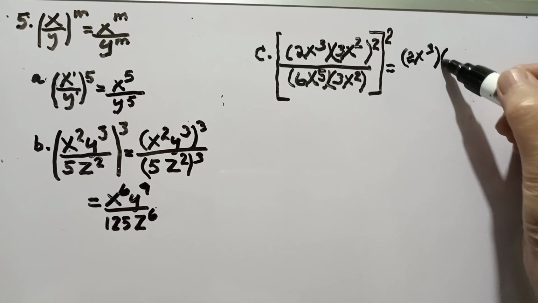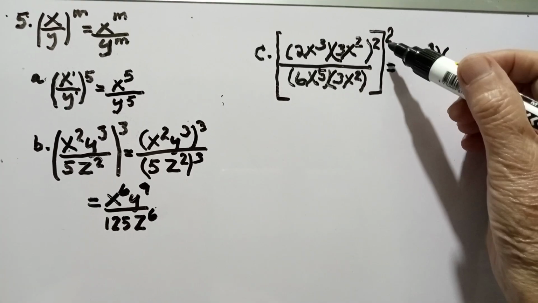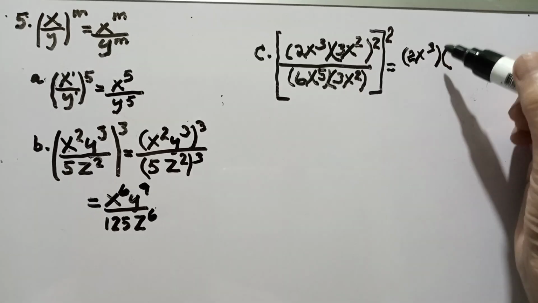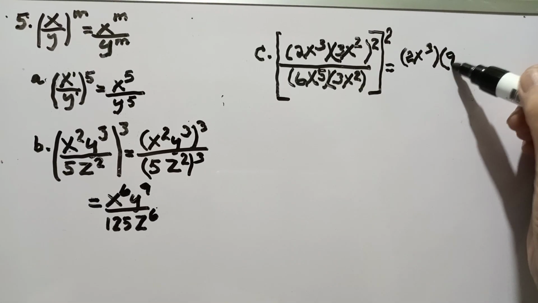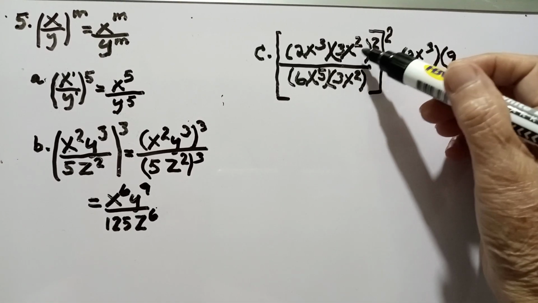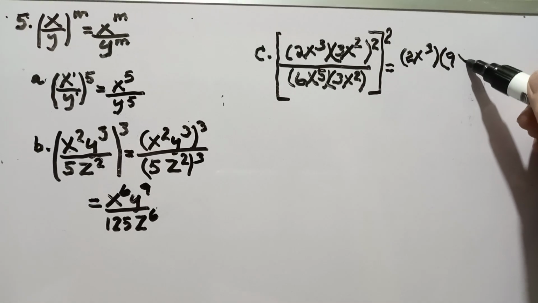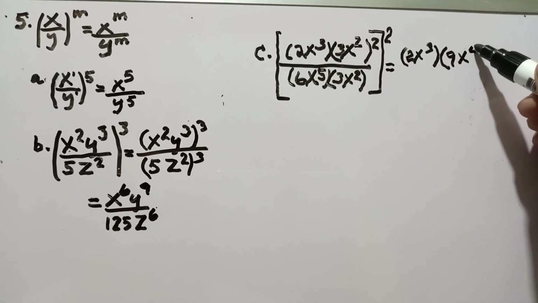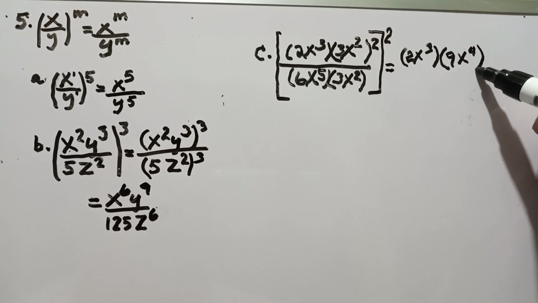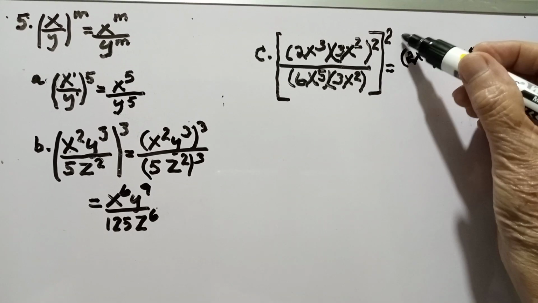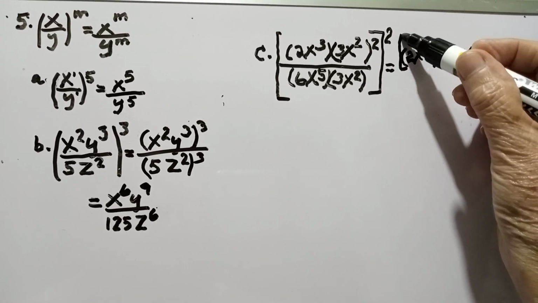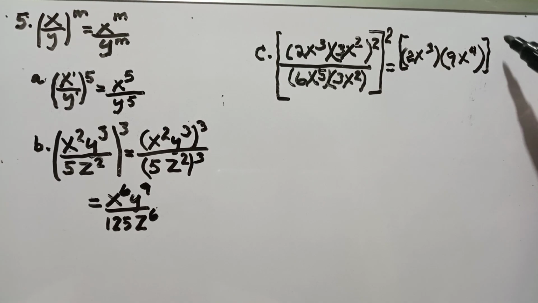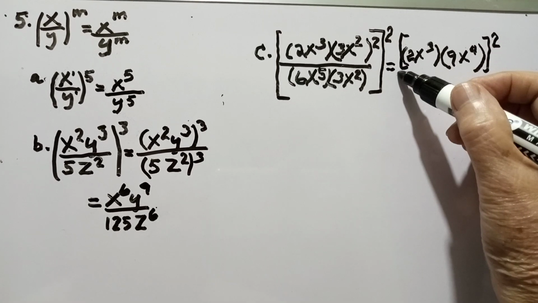So this is 3x squared, so 3 times 3 equals 9. Then x squared is x to the 4th. Then parenthesis, and then bracket, square. Then over,